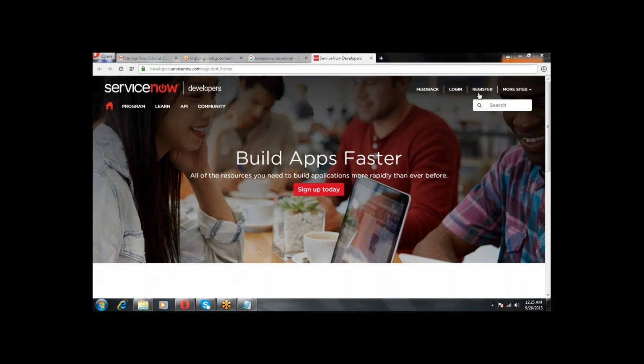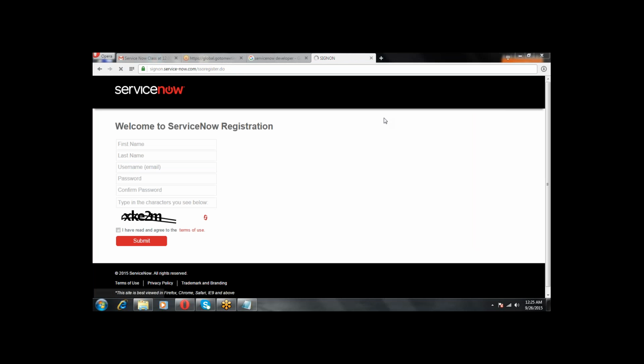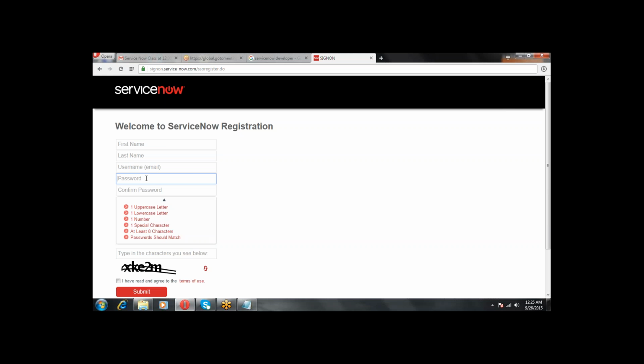So here there is the option to register. Please click on register. You will get this screen, welcome to ServiceNow registration. Please fill in your first name, last name, a valid email ID as username, the password, and confirm password.